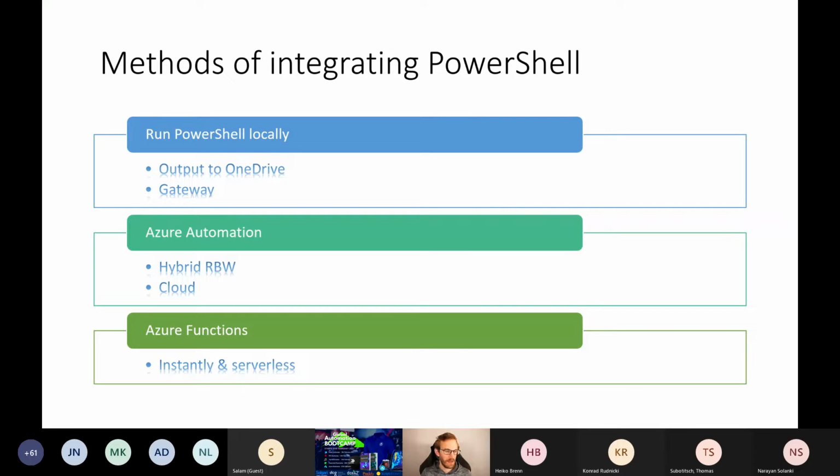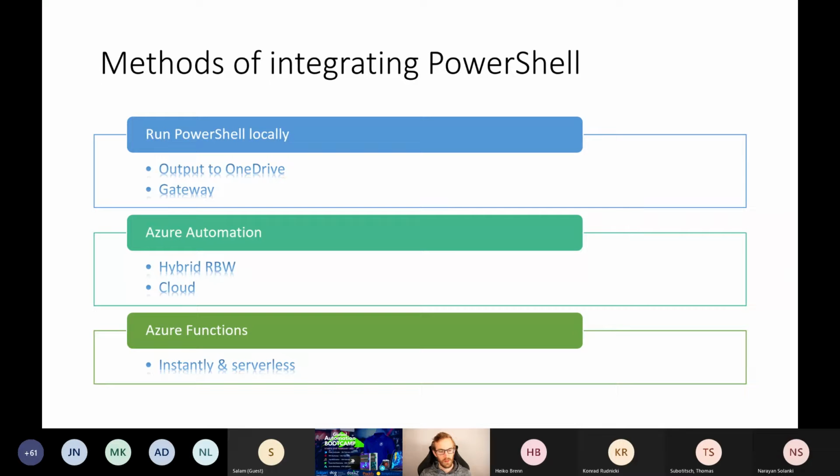And the last one, Azure Functions, it shouldn't be a strange name to you, because the previous session was completely about Azure Functions. The main advantage here is your Azure Functions can run almost instantly. It's a serverless platform.